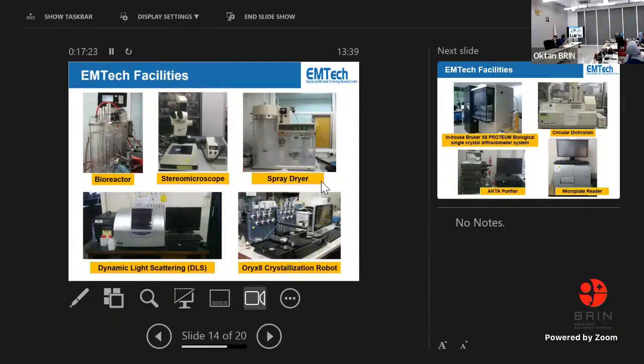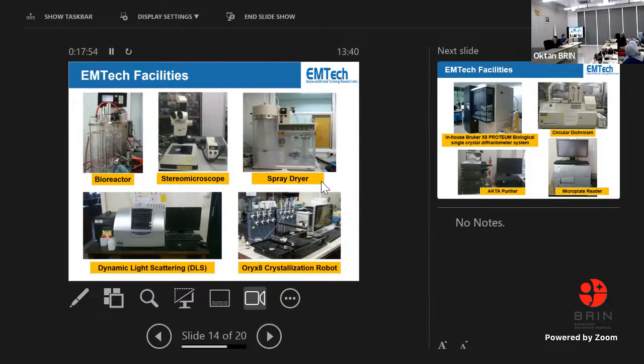I think some of which some of you have very much in common with, but probably the bottom two are quite unique for crystallography. Instead of using human power, of course, learning the basic manual work is very important before we let the robot do the job. The Oryx 8 crystallization robot helps us do all the dispensing of solution and prepare the crystallization droplets. It is not just one or two droplets, it can be hundreds and thousands of droplets.